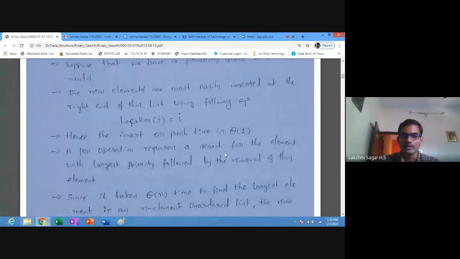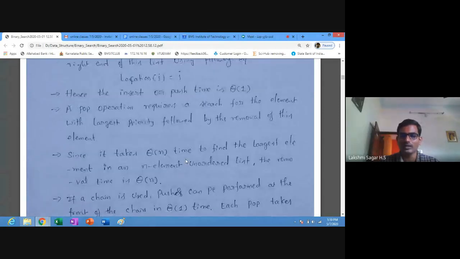It takes big theta of n time to find the largest element in an n-element unordered list, and the removal time to remove the element which you have found, whether it is the maximum element value in a tree or the minimum value in a tree, takes big theta of n time.